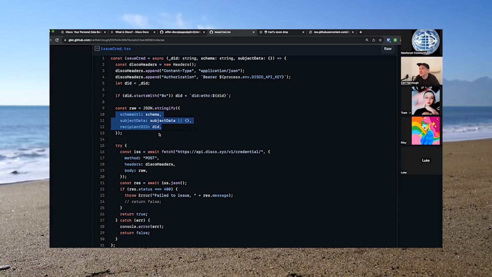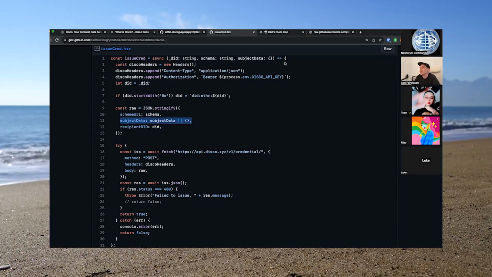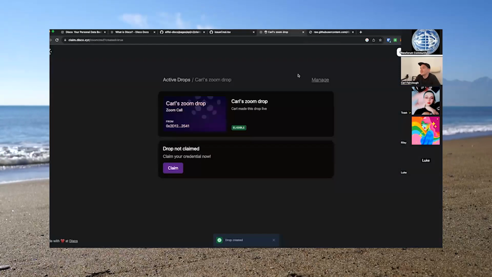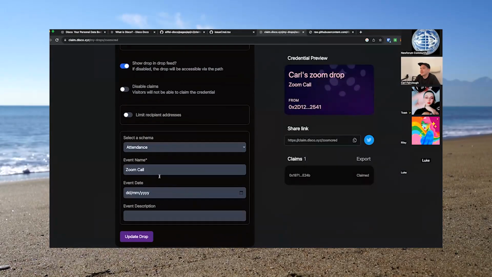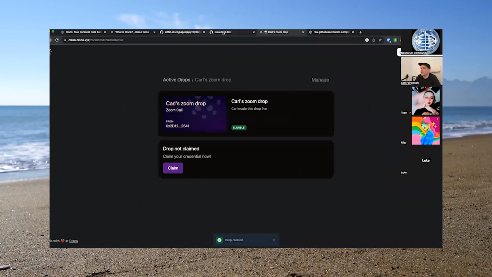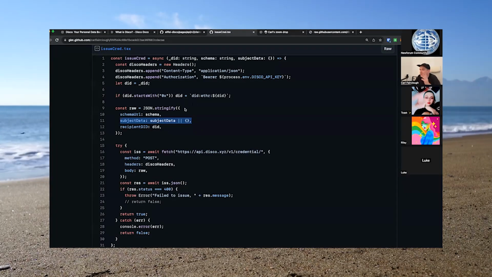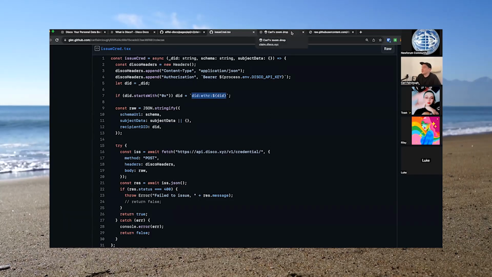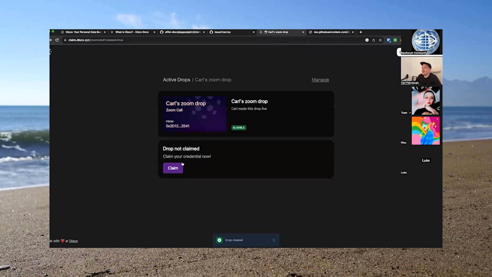raw.github-usercontent.com/scope, etc. Subject data in this would be, if I go back to this, event name, Zoom call, and nothing else, because those fields are optional. And recipient DID would be did:ether:0x12345678910. So sorry, not 10, well, maybe 10. If I now go ahead and claim this,